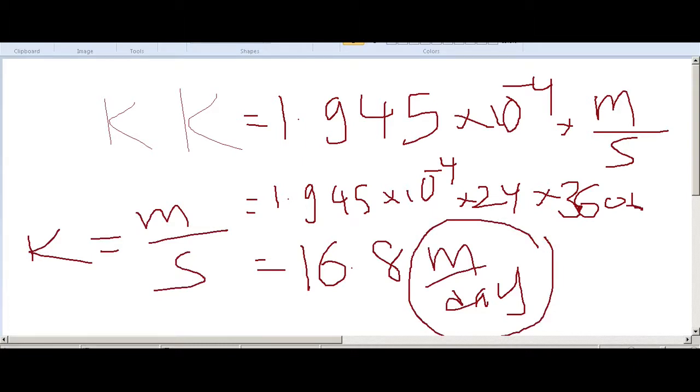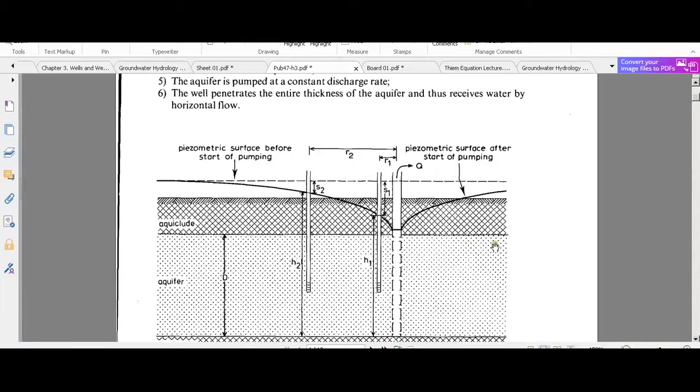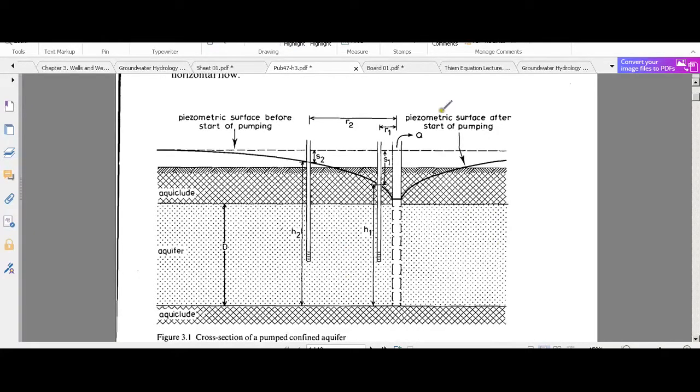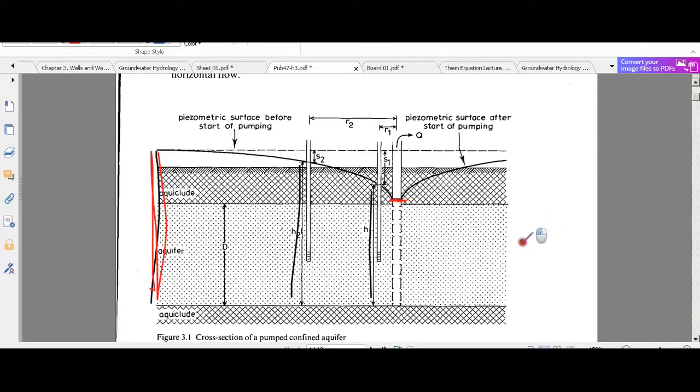Okay, so the very important part is that in certain cases, they will not give you the observation heights, they will not give you any information about the observation well, but they will give you the maximum height of water. Guys, you are getting my point. Some cases are there where they will not give you the observation wells or anything about these parts, but they will give you the water level inside the well and the maximum water height. That means the water level before pumping, this maximum height, H max.